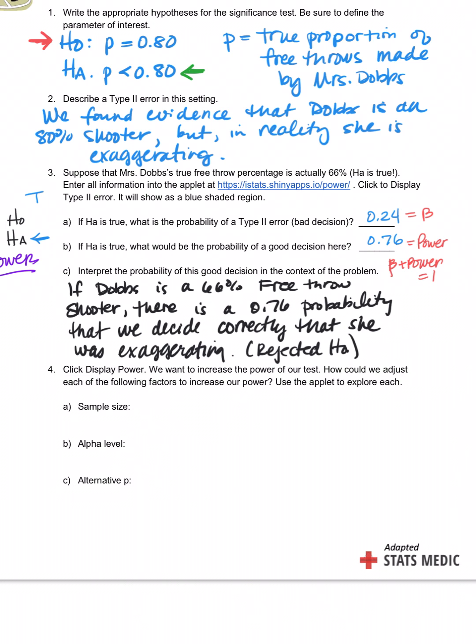Okie doke. Now, on the power, we just did this. Let's see what you can remember. We said if we increase our sample size, if n increases, what happens to our power? It goes up. Power goes up. Alpha level,